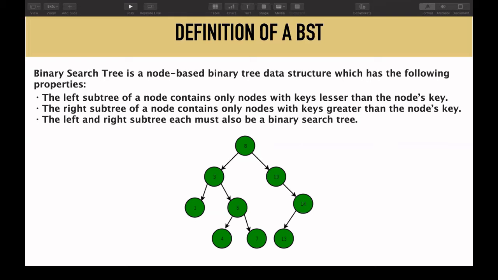So it should hold for the root, as well as for the left and the right subtree. I mean, for every node, this property should hold. Now there is one tricky question that is asked many times: what if two nodes have equal values? What are you going to do in that case? Are you going to reject that node and simply not insert it in the binary search tree, or are you going to insert it on the left side or right side?